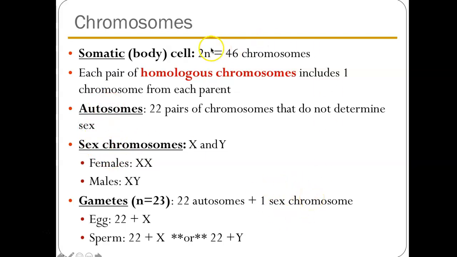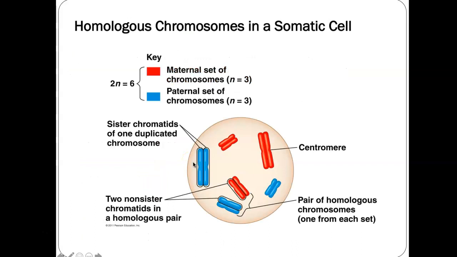Just so you know, a body cell is a cell like a skin cell. It's a whole cell with all the organelles and everything. A gamete is a cell that is a sperm or an egg. An autosome is a chromosome found inside a cell that codes for something that doesn't determine biological sex. And sex chromosomes are your X and Y that do determine biological sex. So hopefully I didn't just confuse everyone really badly.